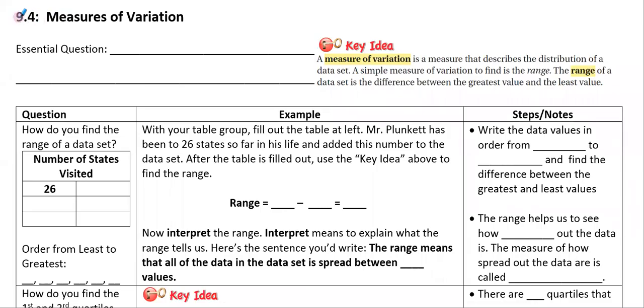Let's do this. Chapter 9, Section 4, Measures of Variation. We already did measures of center, and hopefully you remember them: mean, median, and mode. We're trying to find basically one number to describe a data set, but measures of variation is related to this